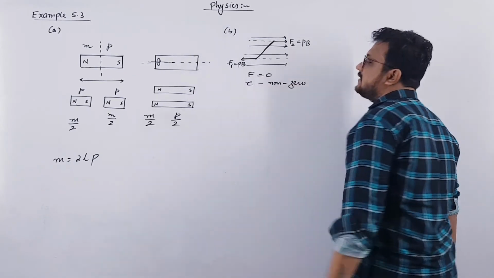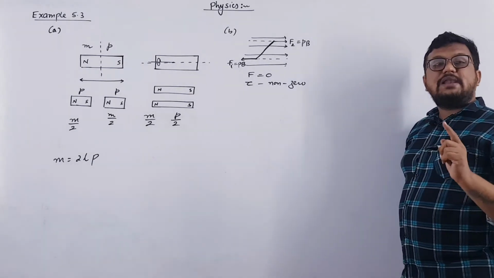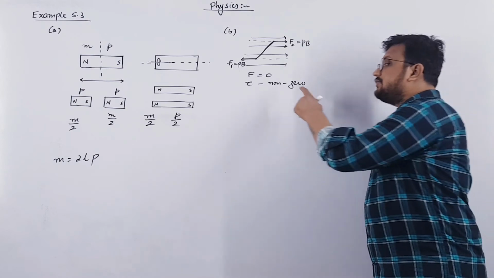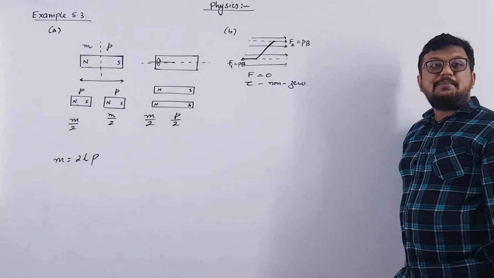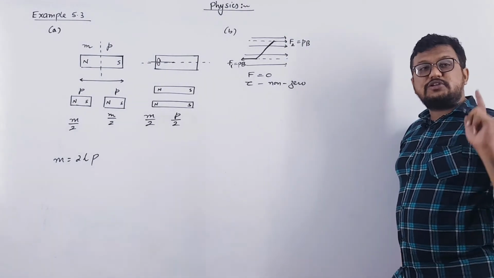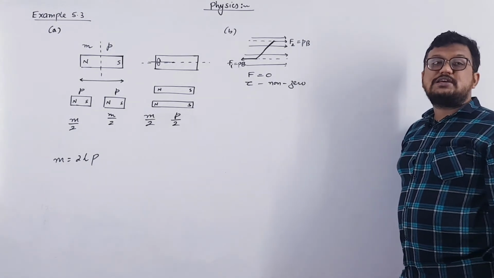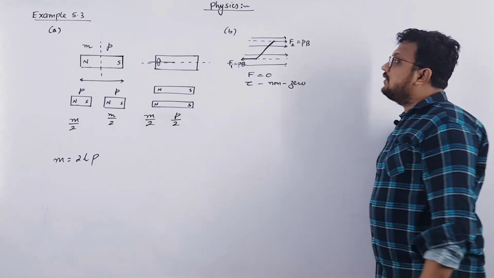You have to remember this both for electric field as well as magnetic field. If an electric dipole is kept in an electric field, then also this condition is correct, and if a magnetic dipole is kept in a uniform magnetic field, then also this condition is correct. Remember, this is the most important MCQ which has been asked in board exam.